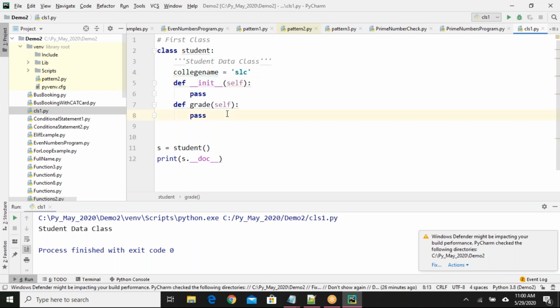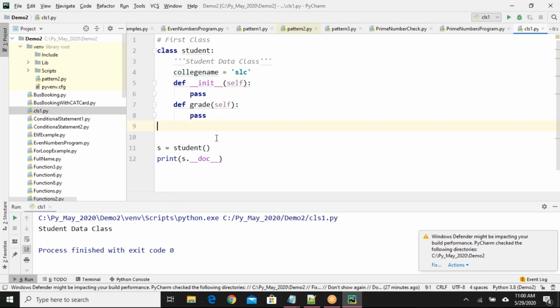If you compare with other programming languages, C++, Java, C#, .NET or VB.NET, any object-oriented programming language, we will be having constructors. The difference is in other programming languages, we will have a constructor with the same name as the class name. The constructor name and the class name will be the same in other OOPS programming languages. Coming to Python, the constructor name would be like this: __init__ would be the constructor name.